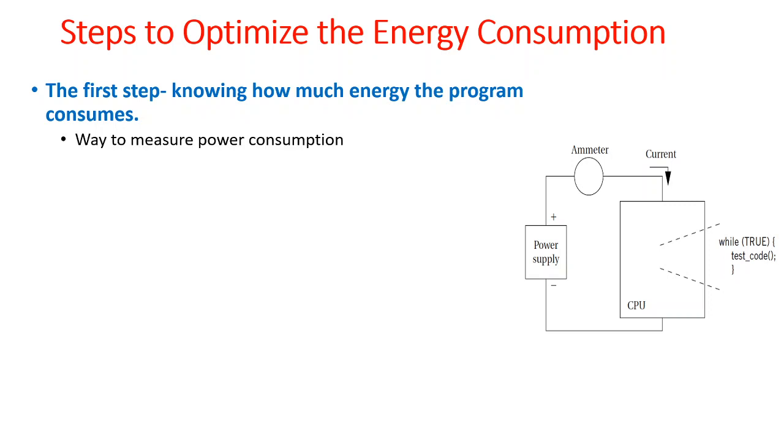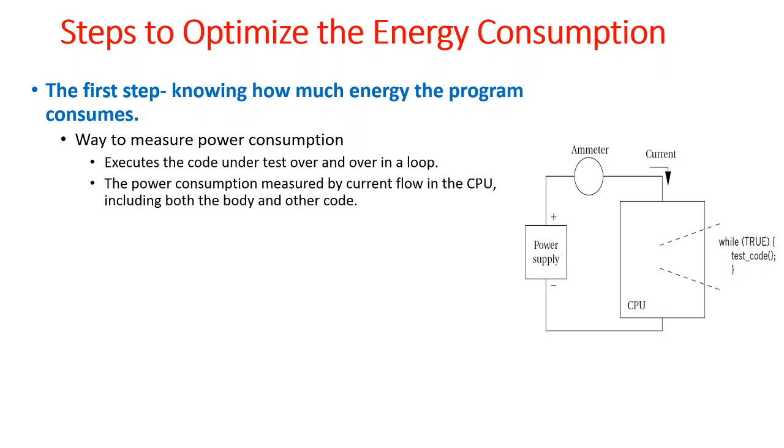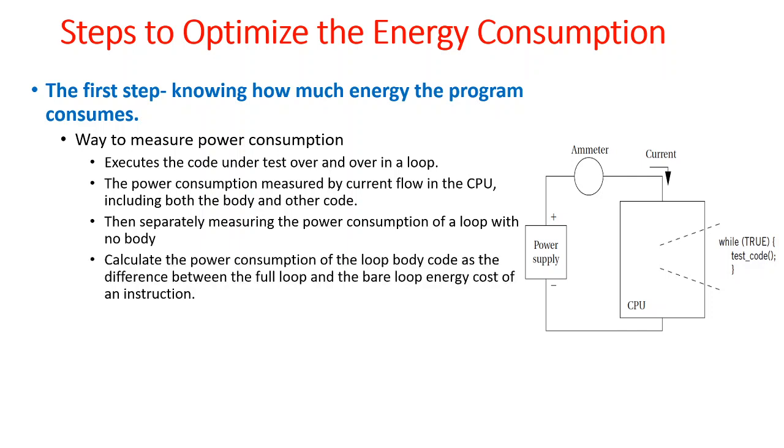So we are going for a method. First, we will measure the power consumption of the full loop or full program. Next, we will execute only the body or other part of the code whose power consumption has to be known. So first the full, next only the part whose power consumption is to be known. After that, if you find the difference between both, you will get the answer. Okay, this is about measuring the power consumption. If you measure the current, you can calculate the power since the voltage is constant.